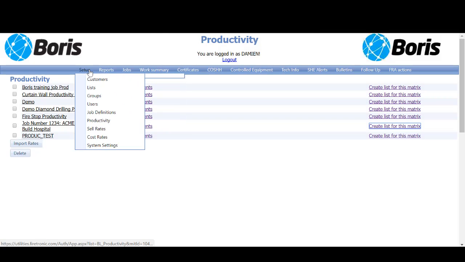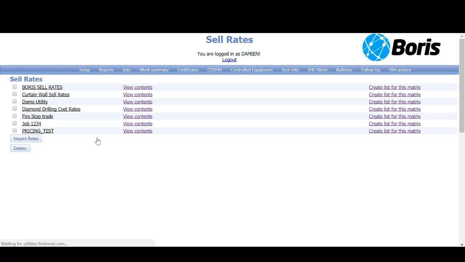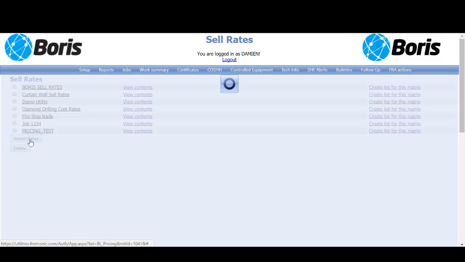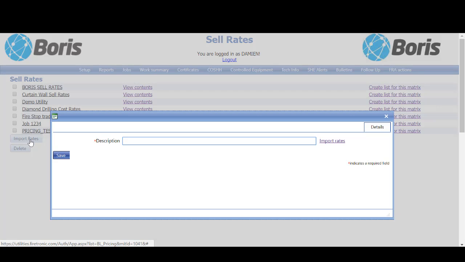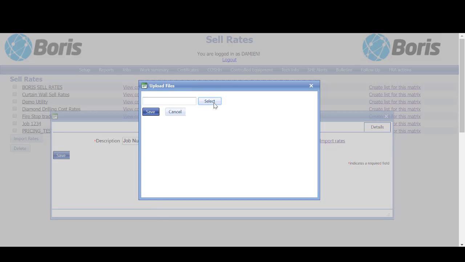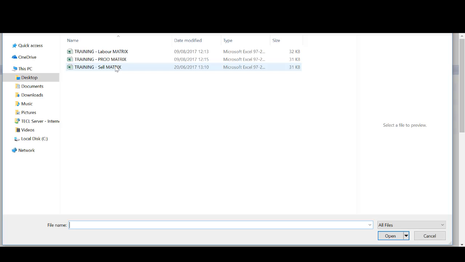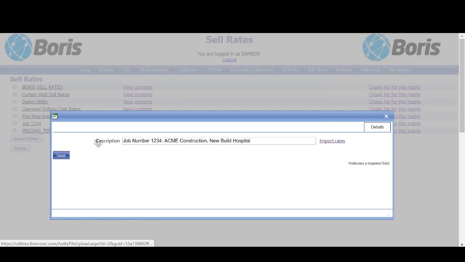Next thing I need to do, go back to setup, cell rates. We're going to import the cell rates into the system now. Click import rates, paste that name and description. Again, search the desktop, and we're going to find the cell rates. We're going to import those,